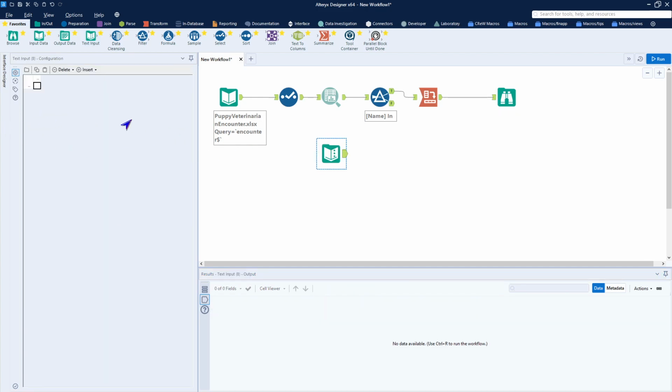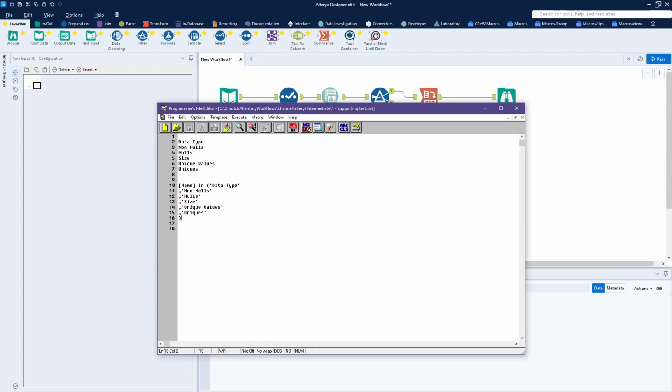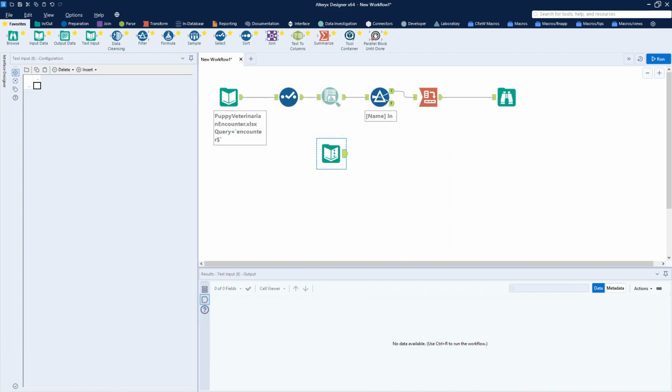And what we want to do here is to use that list of values that we want to see to process this with. If we go back to our editor, you can see here they are. So let's go ahead and copy those off right now. And all I want to do is to go back to this and give it an attribute name or field name of name to match what's in the data flow. And then we can simply paste it in there. And so now we have a list of values that we want to use within this data stream. And if we simply use a join,